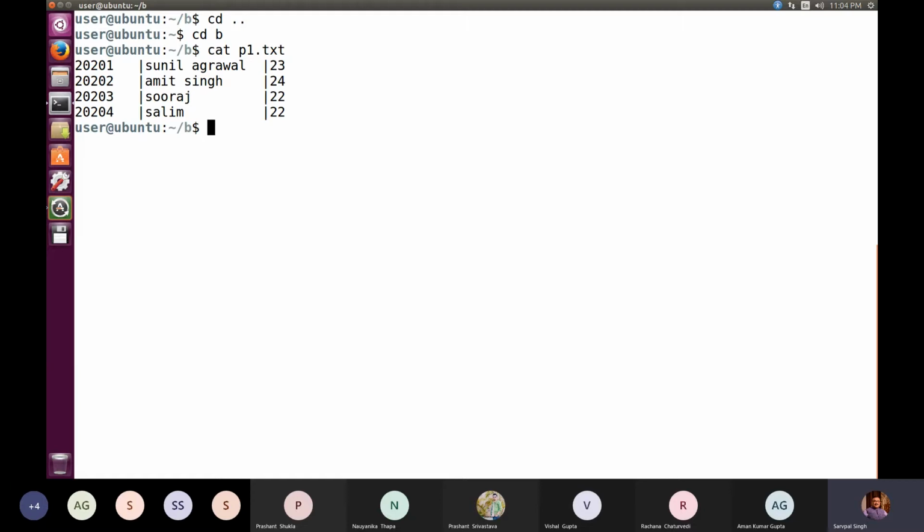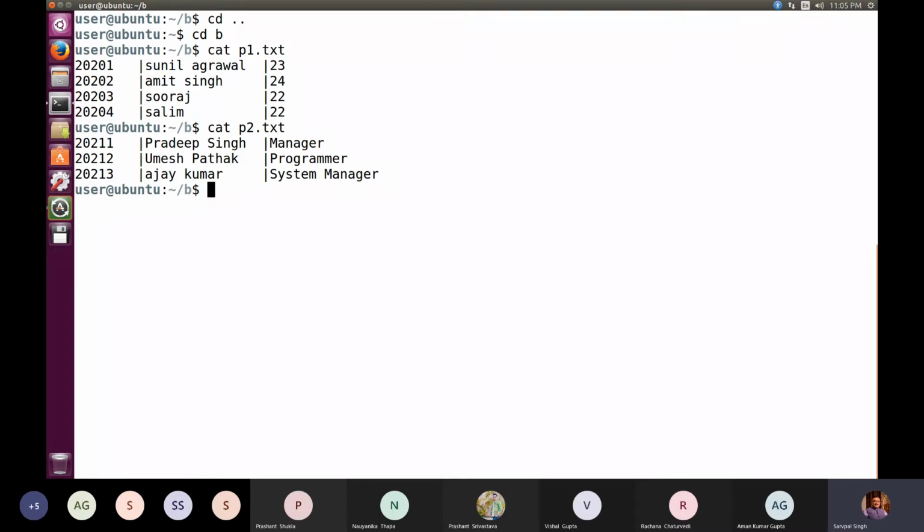Yesterday we discussed how to create a small file, but when we make use of cat this way, we cannot say that cat is an editor. No, it's not an editor. This file I have created, and deliberately I kept the pipeline symbol; the proper alignment you can see is only because of the use of the tab key. The first field is the employee ID, the second field is the employee name, and the third field is age. Similarly, another file which I have created is p2.txt.